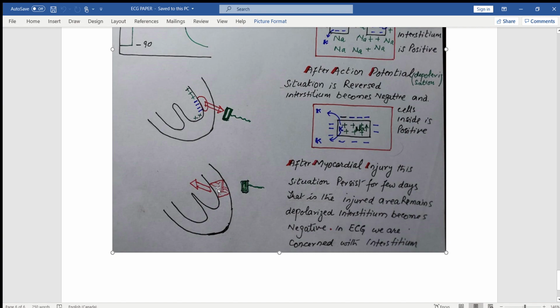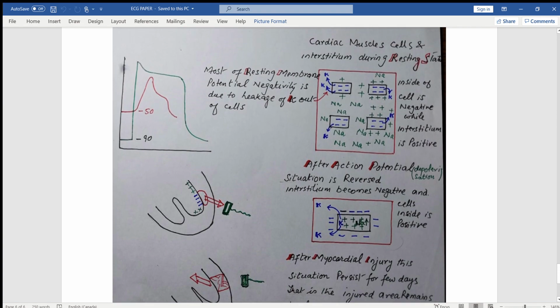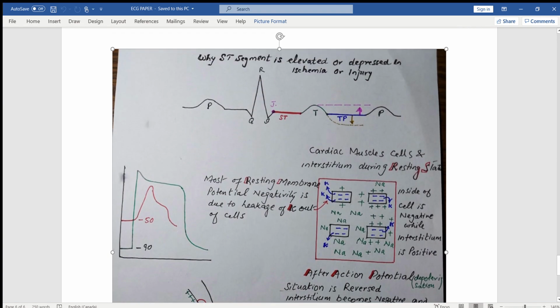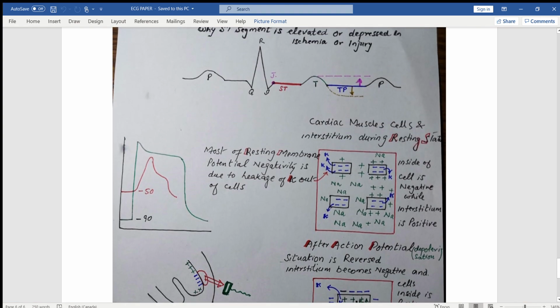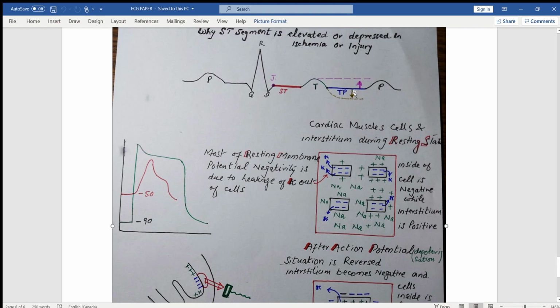When the whole heart has been repolarized, then this current of injury will originate, and this current will shift its baseline because it is moving away from the recording electrode. It will shift the baseline below the normal isoelectric line. This TP segment, which is bluish in color, is shifted below the normal. When this TP segment is shifted below the baseline, you will feel that there is an ST segment